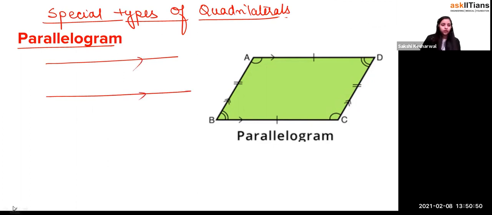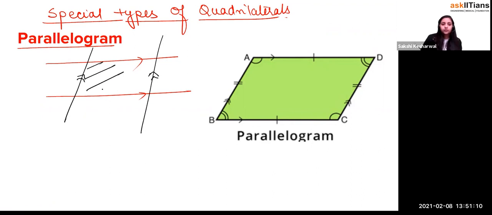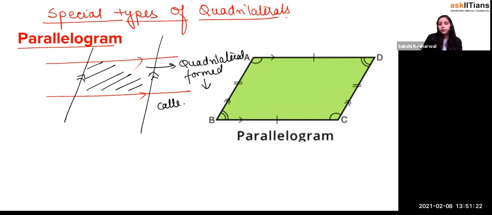Take this. These two are what, beta? Parallel lines, right? So can you see that a quadrilateral is formed? Yes or no? Quadrilateral is formed. This quadrilateral is specifically called, beta, a parallelogram, right? In short, we write this symbol for parallel lines, and we write GM for